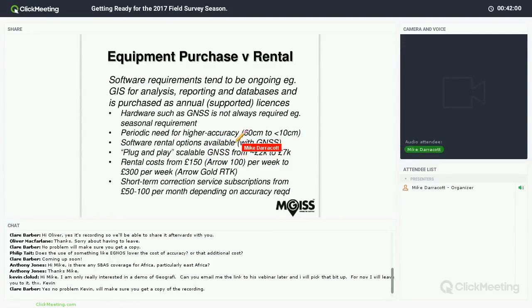So if you need additional capability which your current software application doesn't have available, and something which is out of the box serving a specific accuracy requirement, then we can obviously offer you that on a weekly rental basis, which when compared to purchase costs, so if you're looking at something like a sub-meter GNSS receiver, the costs of which are roughly £2,000, down to a survey grade receiver system, which you're then needing to look at a cost of